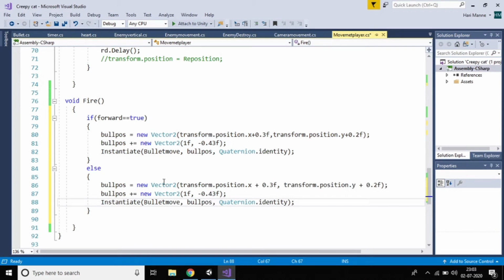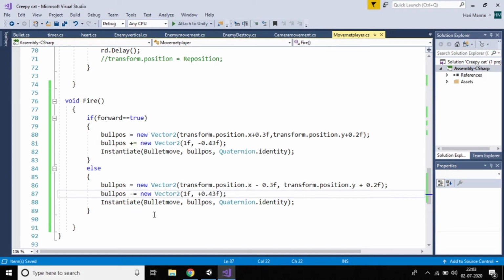Instead of plus, make this minus because it should go backward, right? This one also, small changes, that's enough. Make this one also minus.